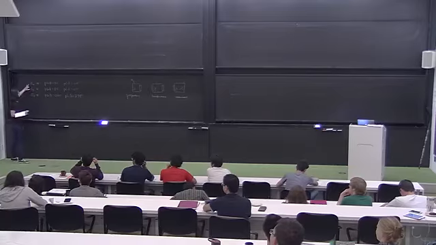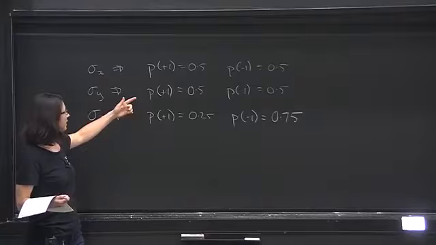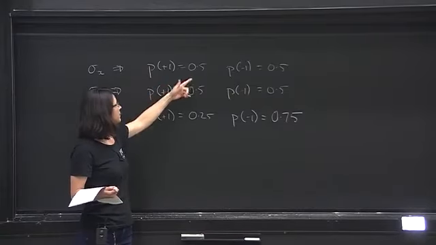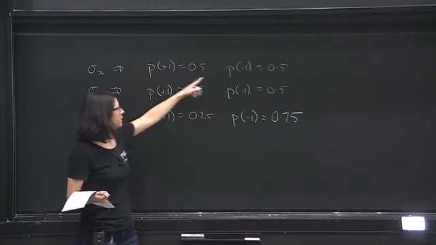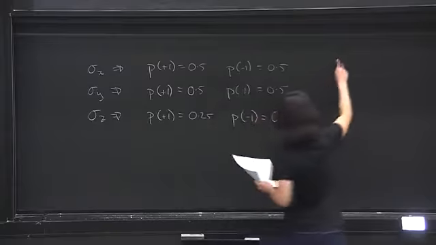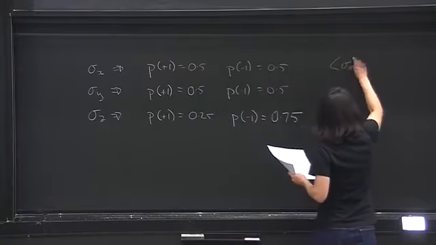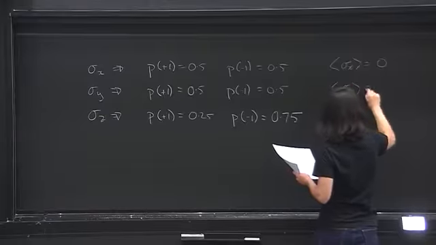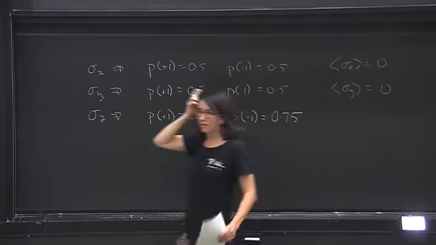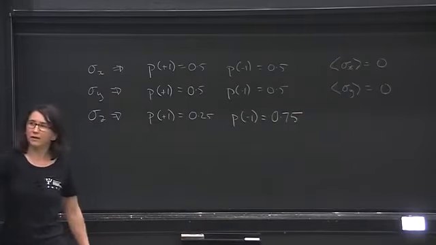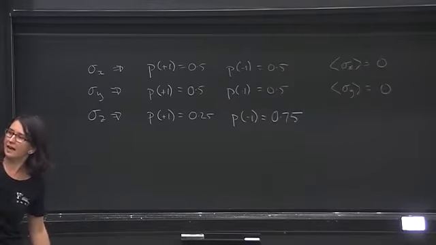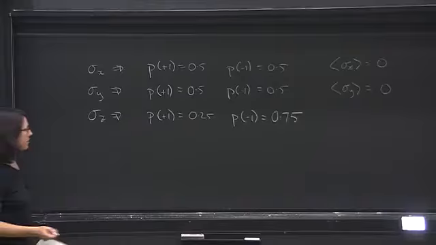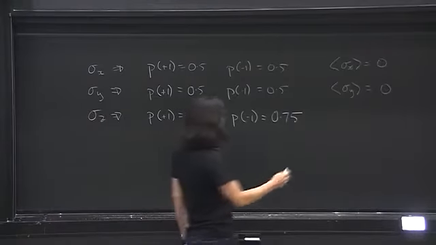So the x and y are pretty easy. The expectation value here is going to be the weighted average of these. They're weighted by +1 and -1. So here you will get 0 in both cases. So it's going to be somewhere along the z-axis, because x is 0 and y is 0. But now